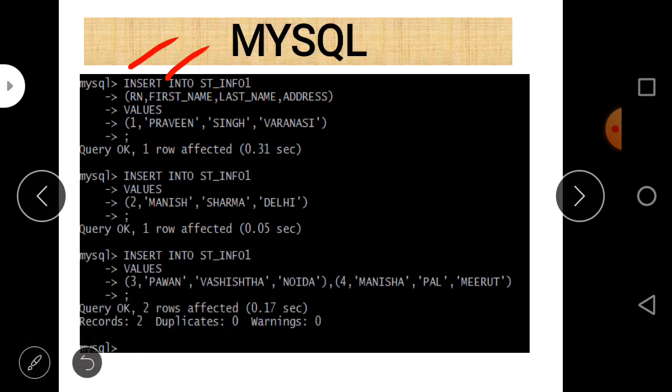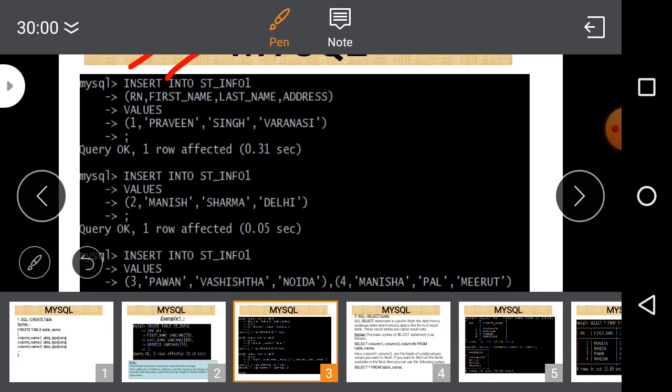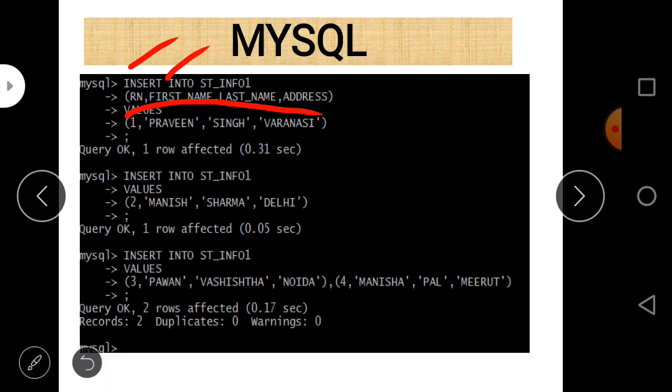Then give the names of different columns here, that is roll number, first name, last name, and address. These are the names of different columns here, and then values. After that, the keyword values is used, and after that values according to the order of different column names given above.